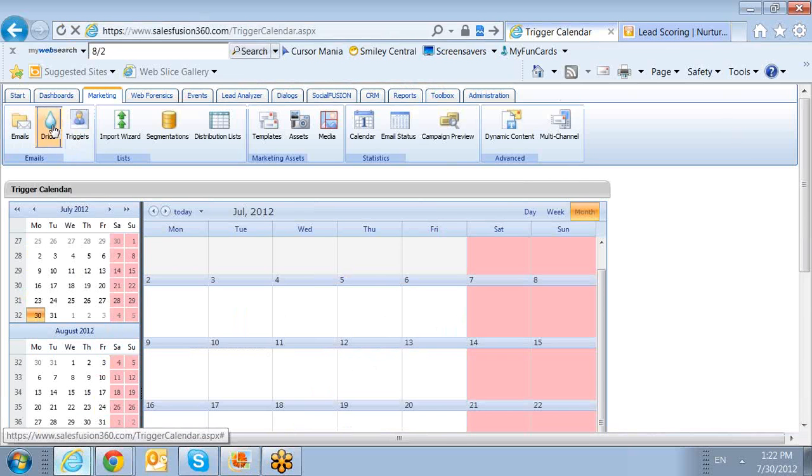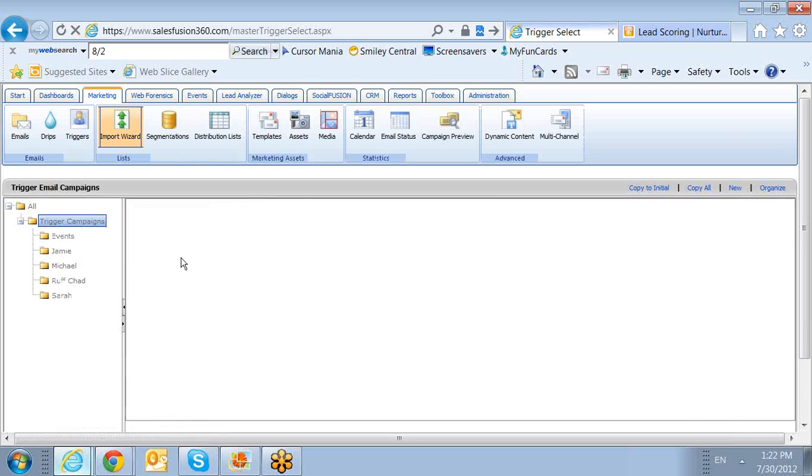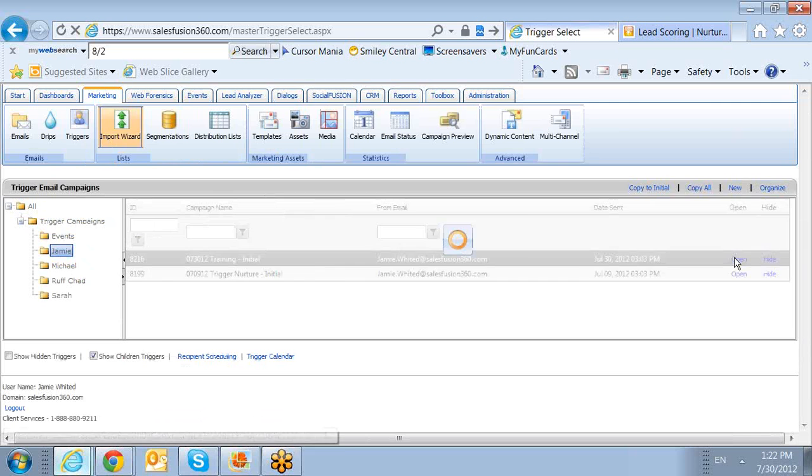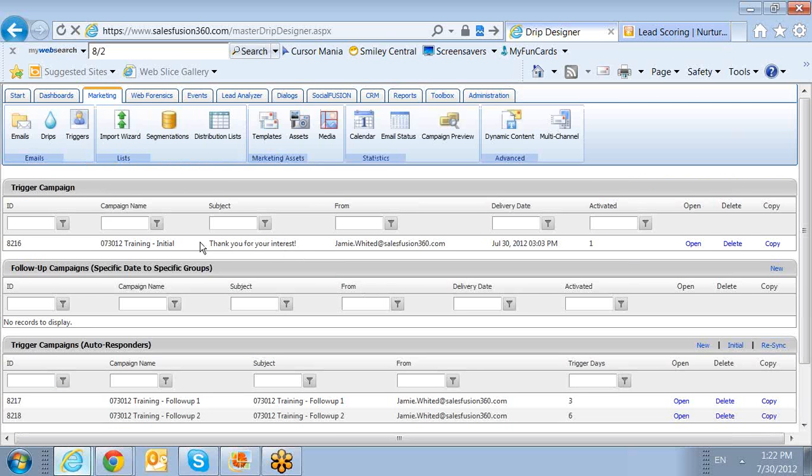So if we were looking back at our trigger over here, let me go back into my trigger, we would have a total of 3 campaigns here because each one has to be an initial. So this one here would be, thank you for your interest in product A. Here's follow-up number 1 to product A. Here's follow-up number 2 to product A. Then I'd have a whole new one with thank you for your interest in product B. Then I'd have a follow-up 1 to product B, follow-up 2 to product B, and then the same thing for